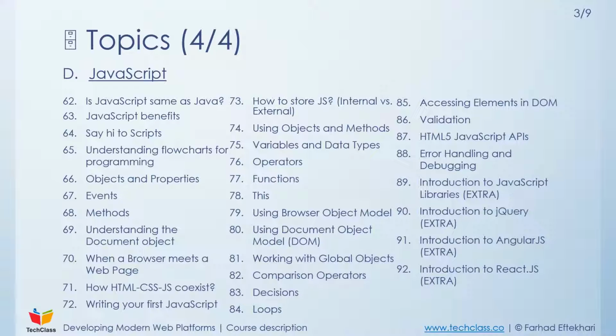DOM. When a browser meets a web page, what happens, what are the steps that a browser takes to render a page, and how HTML, CSS, JavaScript coexist together, writing our very first JavaScript code as well, how to store JavaScript, the concept of internal and external for using JavaScript code, using objects and methods in JavaScript, variables and